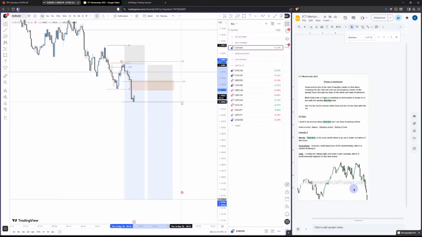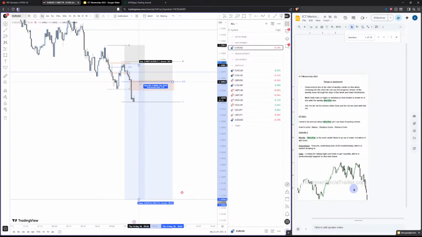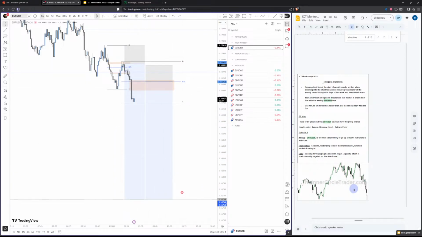The reason why we want that to happen is because if we go here and we enter on low hanging fruit, then price is unfortunately not in the premium. But I guess we could technically enter at this place right here. But let's see what price does first, and then we'll see from there. Okay, so direction. We use the daily lows and highs, which is what we did here, to create our direction bias.